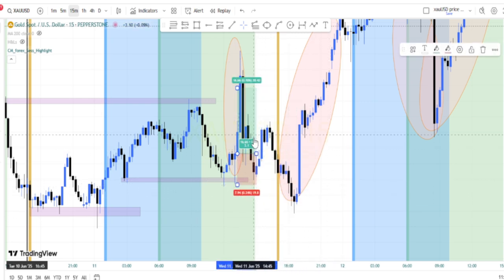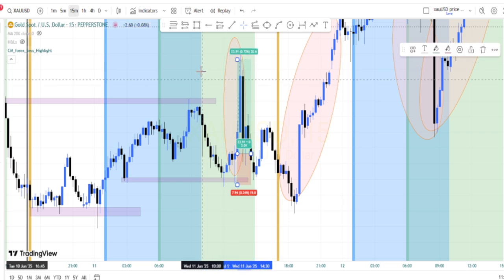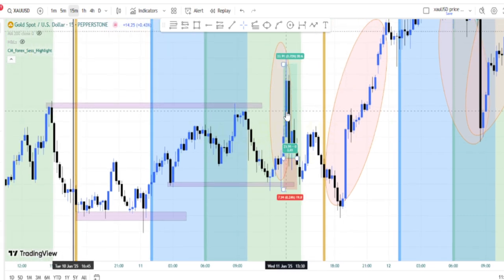Then we determine what our risk to reward will be. So are we risking 1 to 3 or 1 to 2? Let's take a 1 to 3R. So this is a 1 to 2, this is a 1 to 3, this is a 1 to 3. So this is a 1 to 3R. Okay,